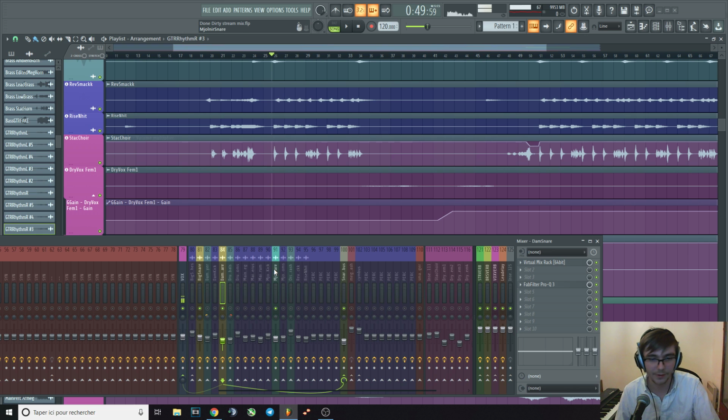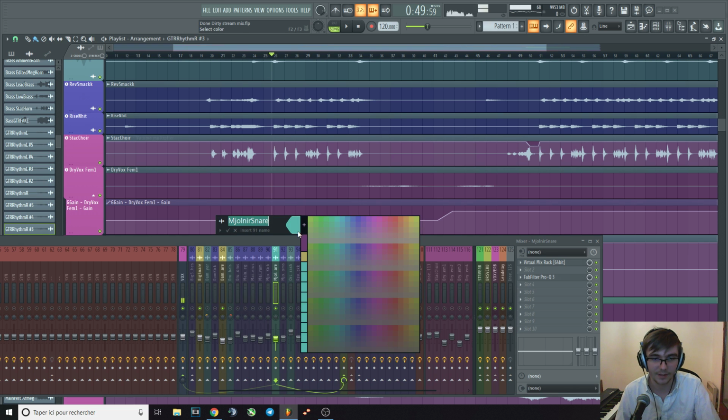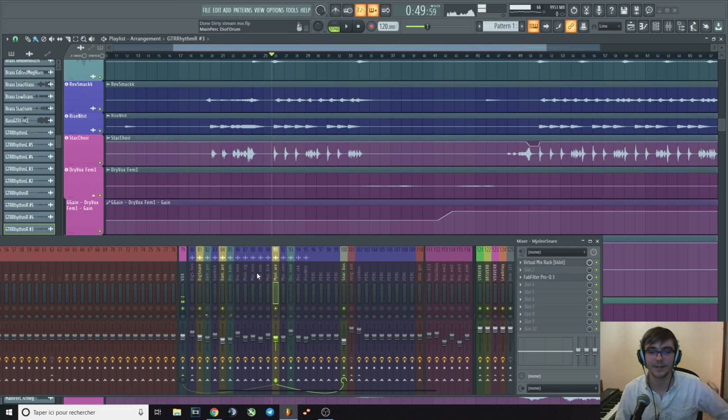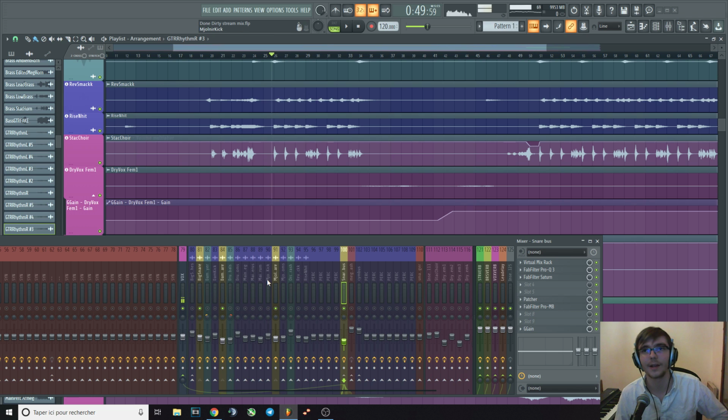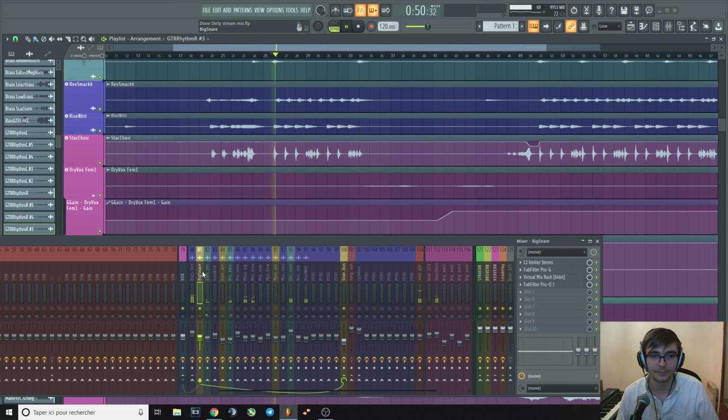Because I know where the stuff is mostly, but it's going to be more difficult for you to know where it is. So that's the snares, and that's the snare bus, and that's the 3 snare layers. So what's on this snare? The first one here was very wet by default. So if I just turn off all the plugins, it has a cool attack, it has a cool texture, but it was too long, not tight enough for this track. So what I did is first,